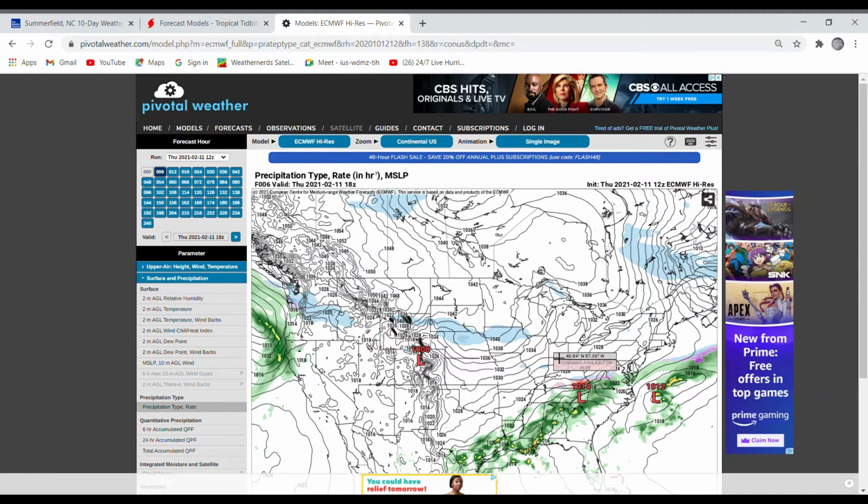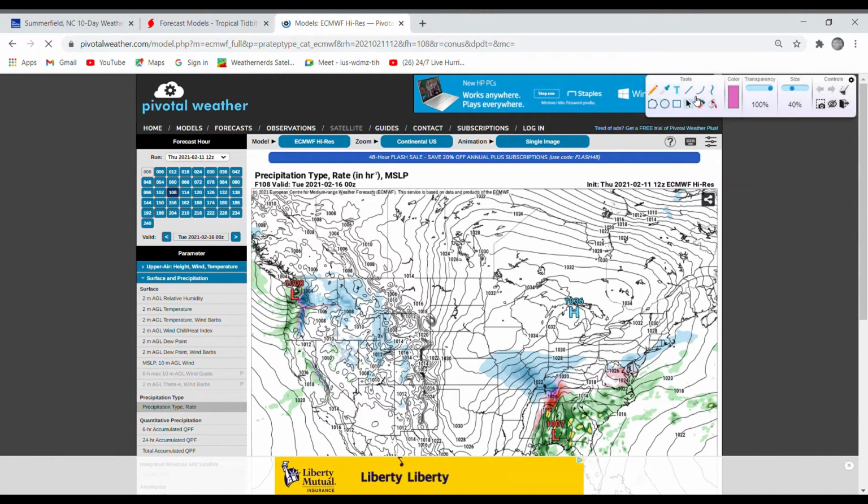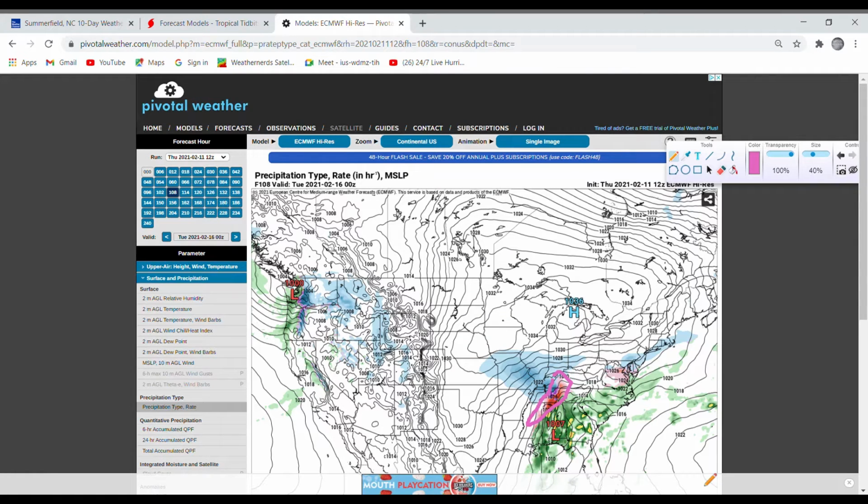Hey guys, this is the next model here, and let's go ahead and go out to when it really starts to pick out, and we can see same model, but we're gonna go also frame by frame on this model. This video will be more in depth of a discussion of this winter storm. Now we can see already a nice bit of ice forming on Tennessee and Mississippi and Alabama,